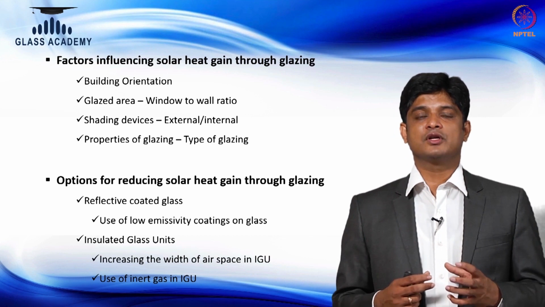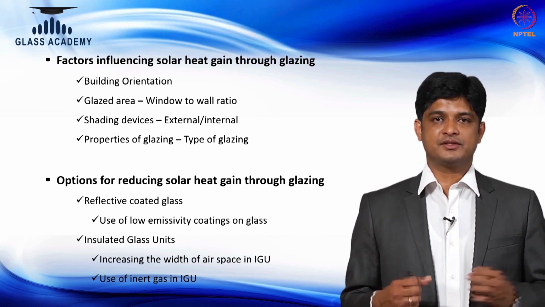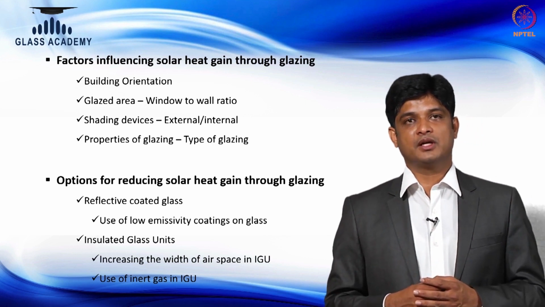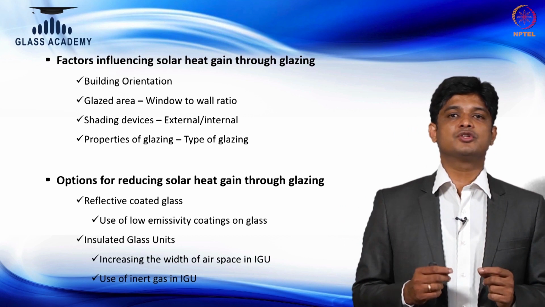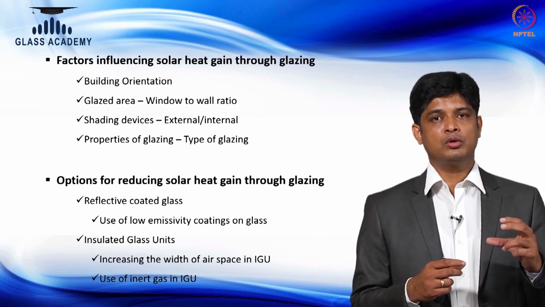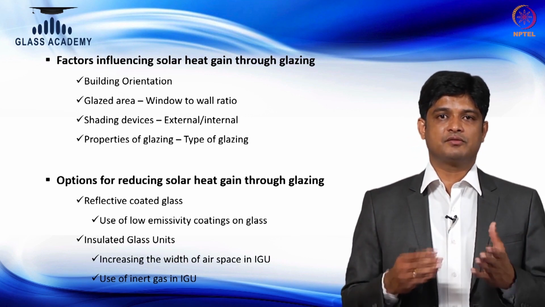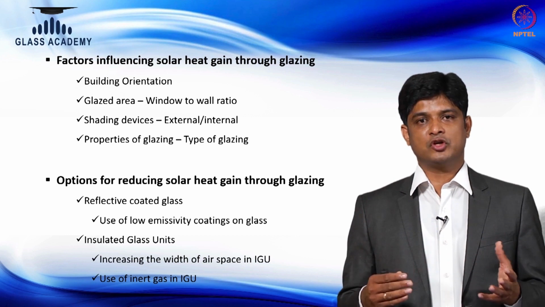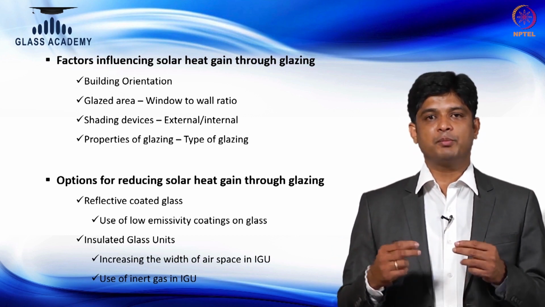So is it possible for us to play with the glass area or the orientation of the building as such, so that the amount of heat coming in can be reduced? Second important parameter is the window wall ratio, window to the wall ratio. What is the percentage of window compared to the percentage of your wall? So NBC says from 0 to 40% in case of prescriptive, or anything more than 40, even up to 60-65%, it has to be as per prescriptive.